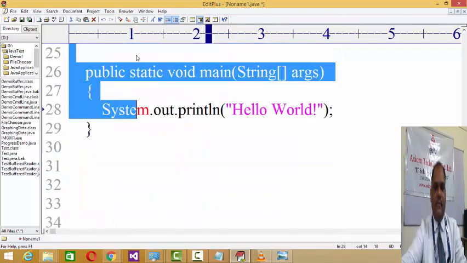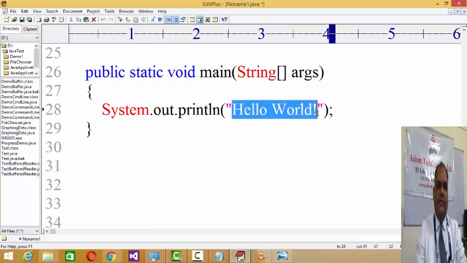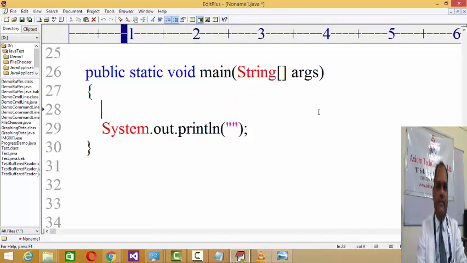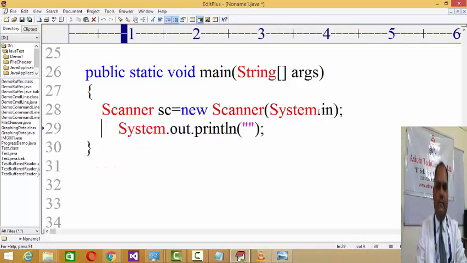Then I will move to the main, and here I will first create the object of a scanner to make an input. Then I will ask the user to enter the number.